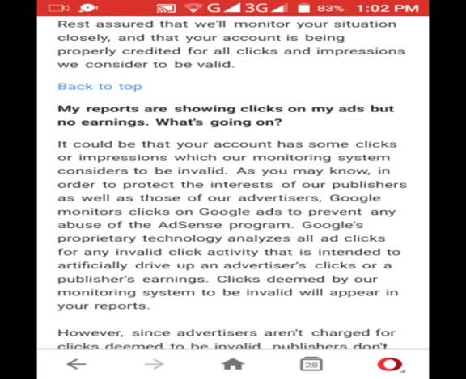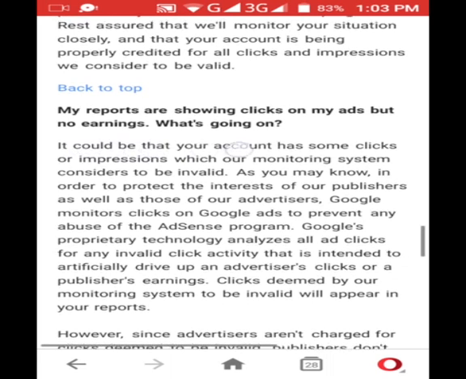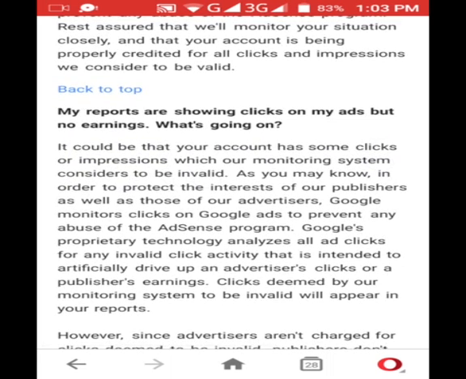My reports are showing clicks on my ads but no earnings. It's also an important question. It could be that your account has some clicks or impressions which our monitoring system considers to be invalid. So this is the very important line. It has been written: it could be, if your reports are showing clicks but no earnings are generated. How can this happen? It could be that your account has some clicks or impressions which our monitoring system considers